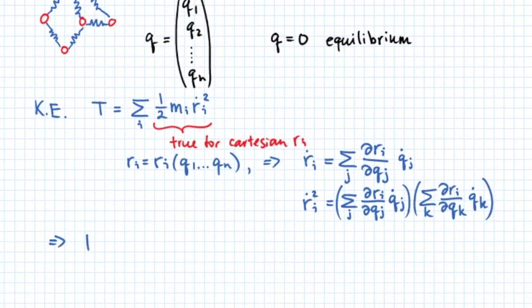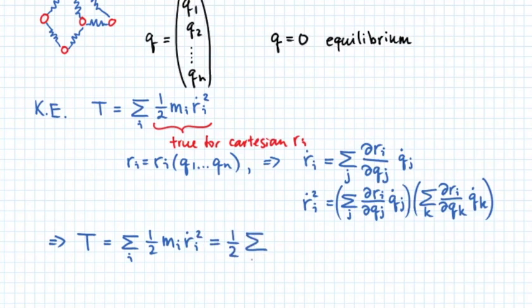Then we can rewrite kinetic energy in terms of the sum above, half of mass times r i dot squared, given by a triple sum,